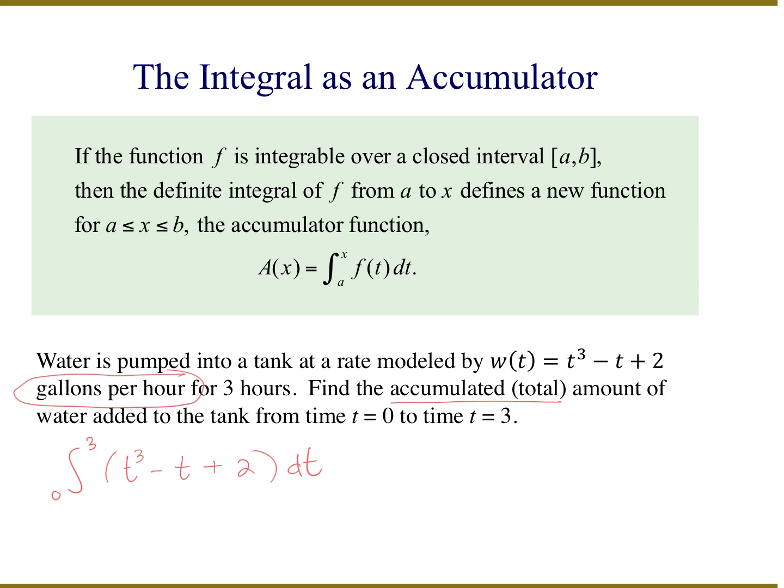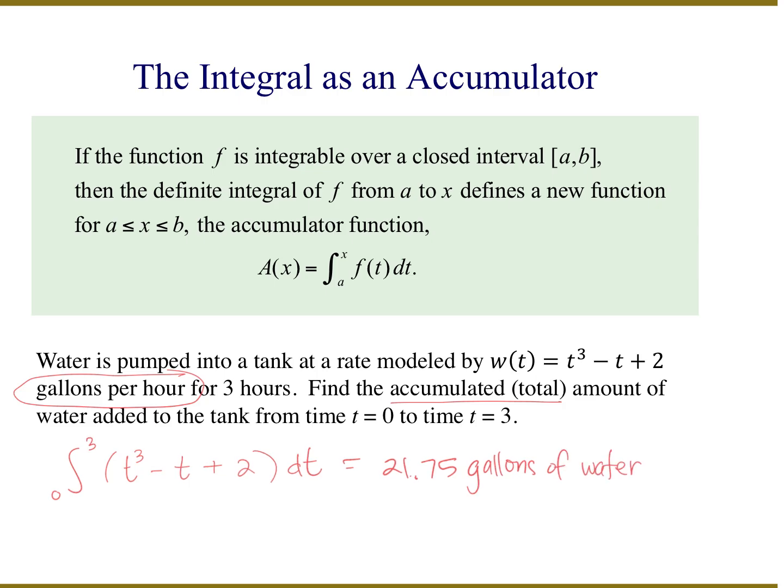Depending on what tools you have, if you have your calculator, then you can run this through a Math 9. If you don't have your calculator, then you would run it straight through antiderivatives. Most of these are going to be calculator problems because the functions will be on the more complex side, because real life ones are rarely very nice. So if you run this over the 3 hours, you get 21.75, and the units on that would be gallons of water